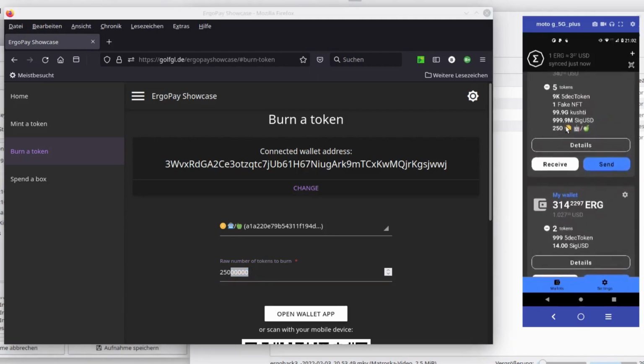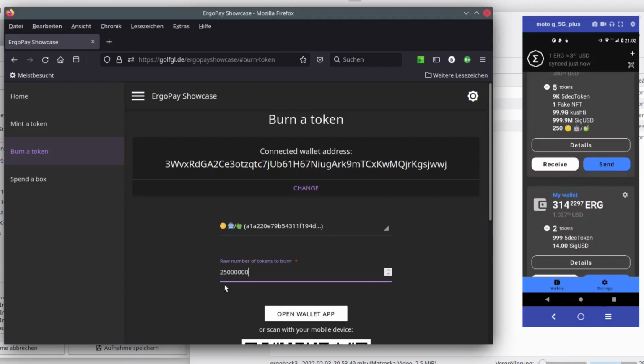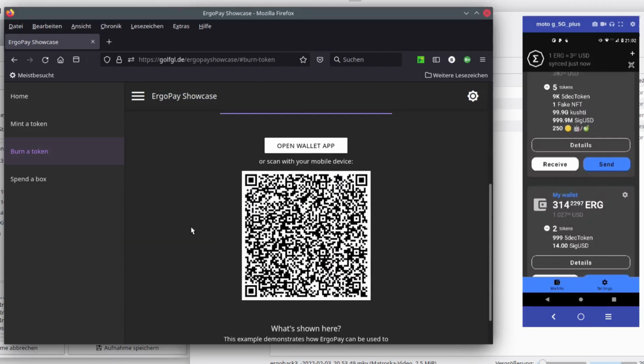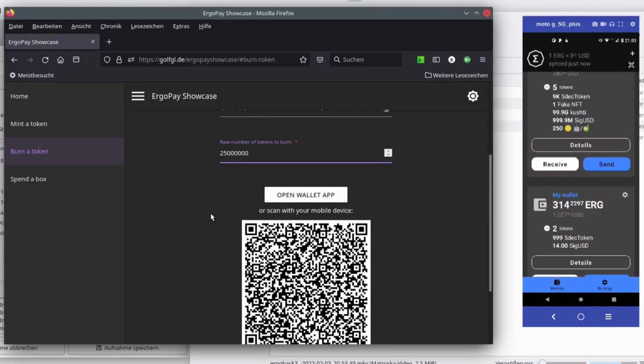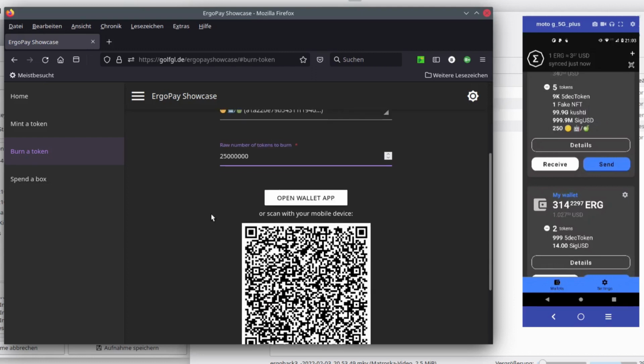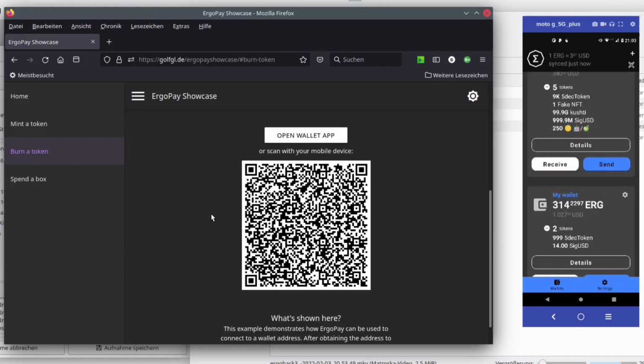The wallet app makes a nice formatting and trims the zeros that are not needed. Here it's shown as a raw value. When I change this number, the QR code changes, but I can use it like this and